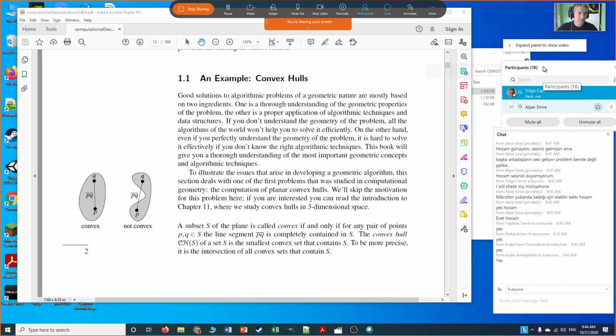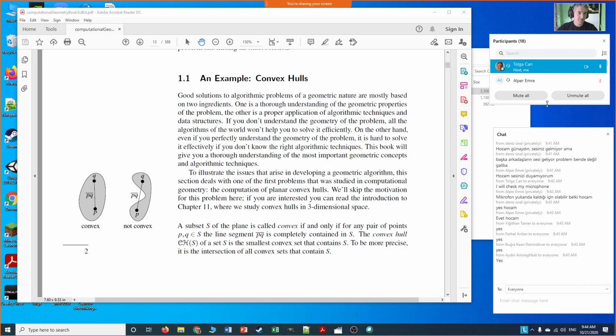So today, as I said, the plan is I'm going to finish the geometric preliminaries that I started last week. And then, by the way, I'm not using this microphone. I had another microphone that I was trying to use, which worked yesterday, but today somehow it didn't work. But the good thing is I have three options in terms of microphone. The webcam also has a microphone, so now I will be using that one as input. All right,